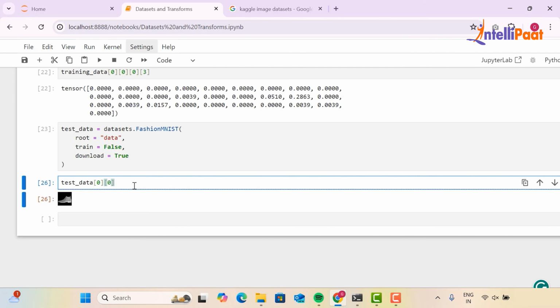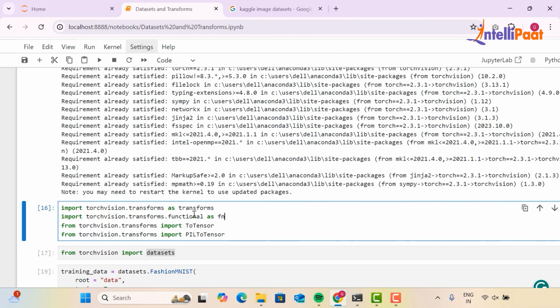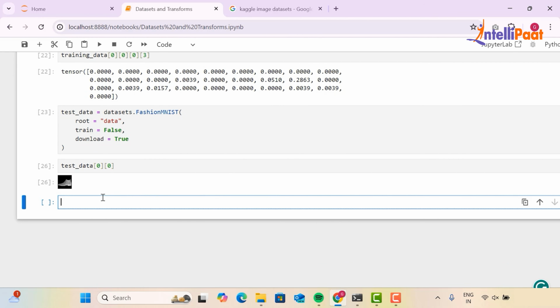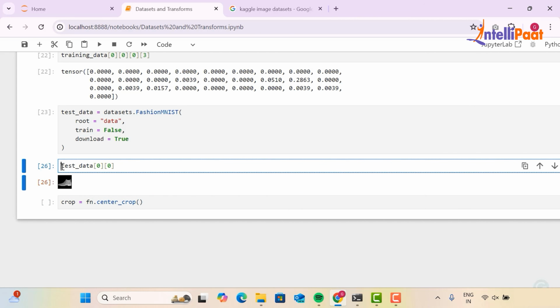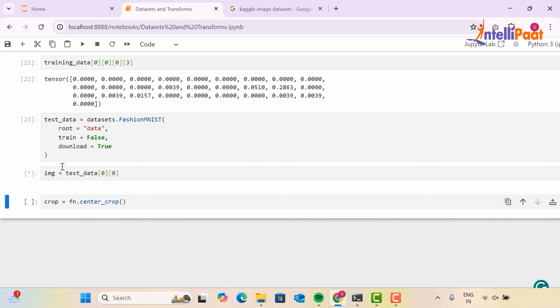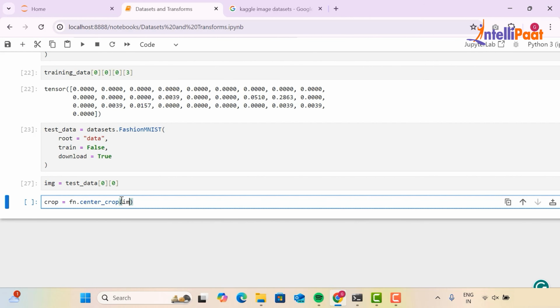Now say I want to increase the size of this image. This is where our functional library comes into play. We'll create another variable, crop, and using the functional library that we imported earlier, we'll use the inbuilt method called center_crop, and we just have to pass the image.